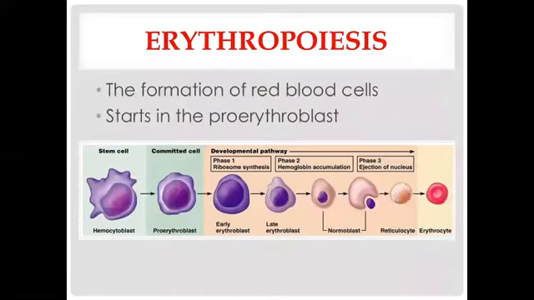Focusing on erythropoiesis, this is defined as the formation of red blood cells or erythrocytes. It starts in the red bone marrow with a precursor cell called proerythroblast. The proerythroblast divides several times, producing cells that begin to synthesize hemoglobin. Ultimately, a cell near the end of the development sequence ejects its nucleus